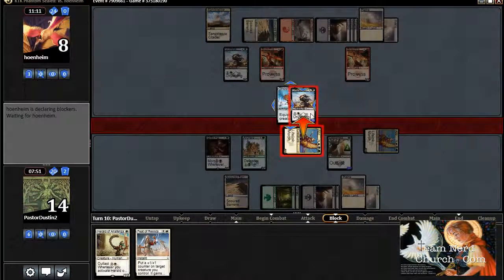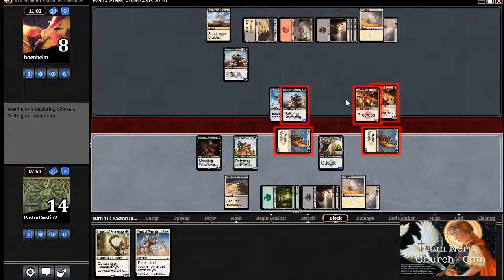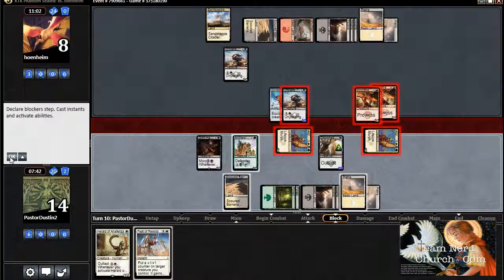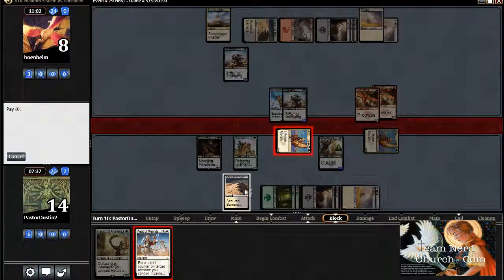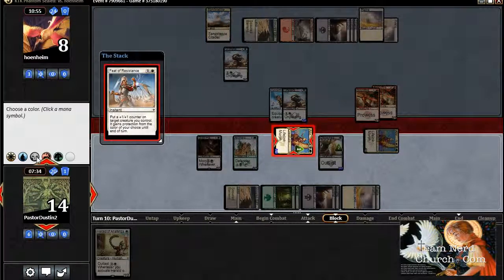Alright, so he makes the block I expect. Is he going to throw something else in front there so that they can trade? Yeah, okay. Order has been assigned on blockers. I will feat him, giving him pro-black. We get a scoop off of that. It's going to be pretty hard to come back. Not impossible, but, well,